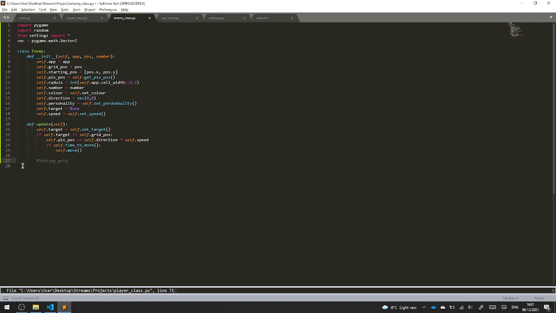Setting grid position in reference to pixel position. Now we have to do this. So I've got self.grid_position, and that equals 0. Then over here I've got self.pixel_position